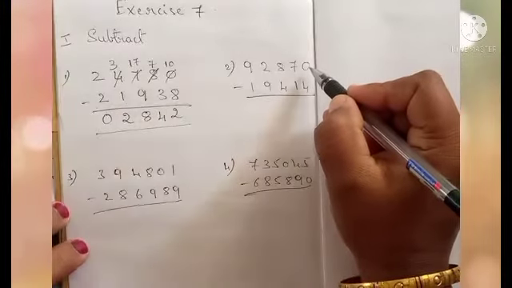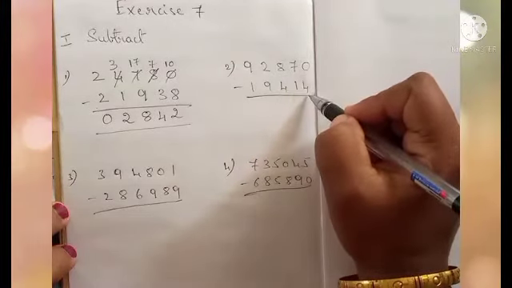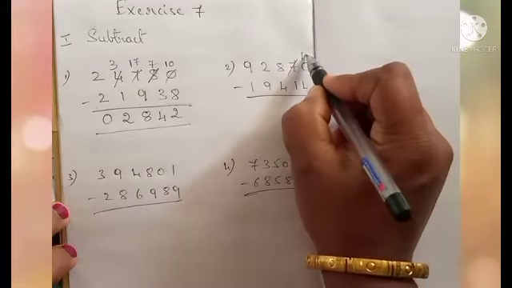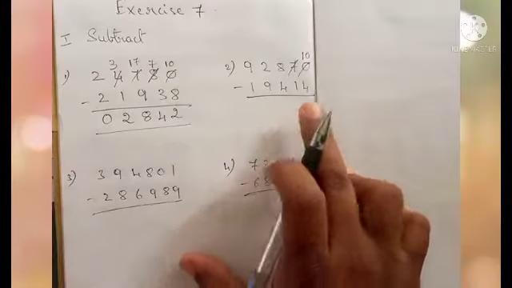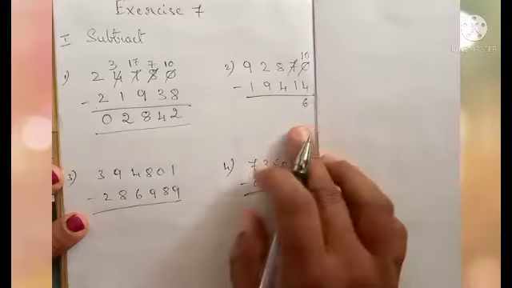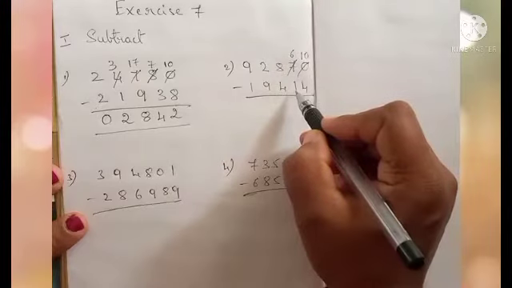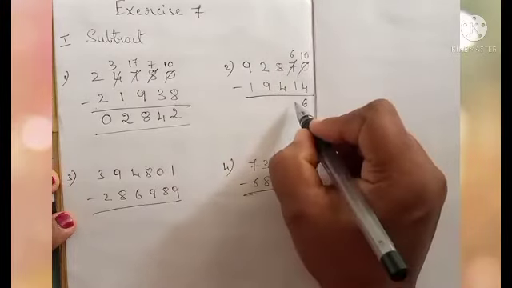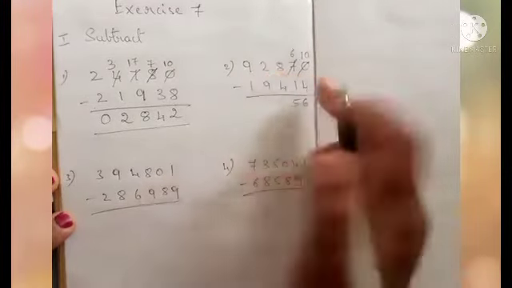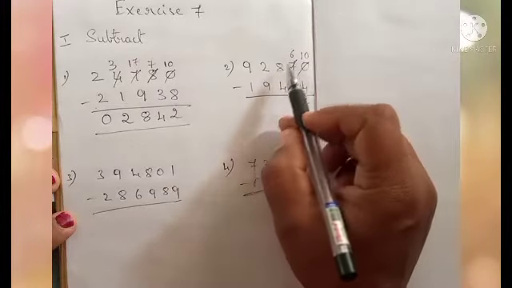Okay. So from the ones place. In 0, can you minus 4, dear children? No. What should you do? Yes, you should borrow here. So this will become 10. So 10 minus 4, how much? 6 is remaining. Now, how much is remaining here? 6. In 6, if you minus 1, how much do you get? Yes, 5. Now, the ones place we have subtracted. So then tens place, then hundreds place.